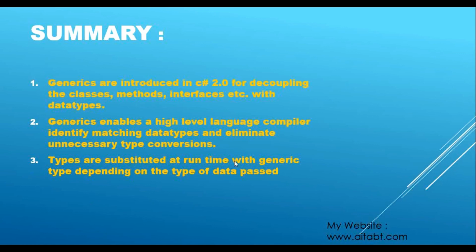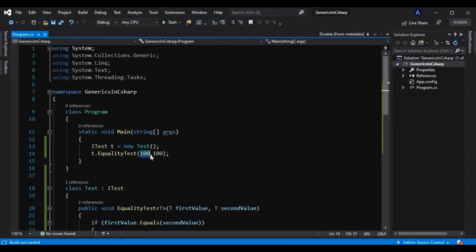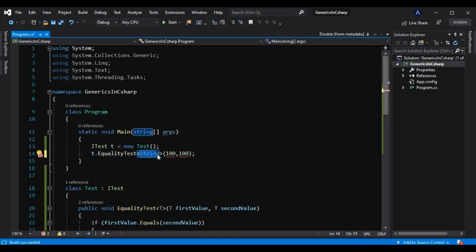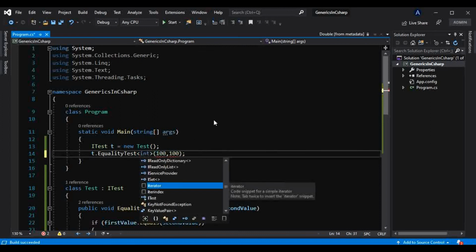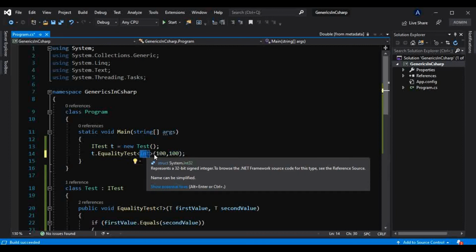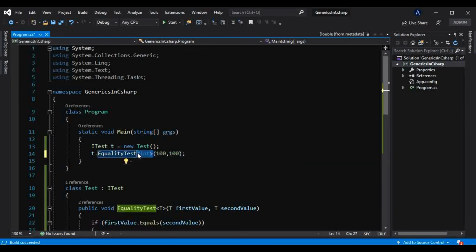Okay, and what is the third point? Types are substituted at runtime with generic type depending on the type of data we passed. Depending on the type of data we have passed here, the compiler finds the matching data type and replaces that data type with the type of data we have passed. Now if I pass an integer here instead of the string, maybe this time we are able to see that this data is of type integer, but as I have told you, this is optional.